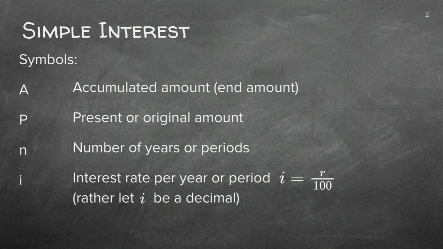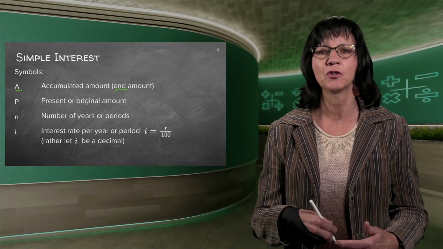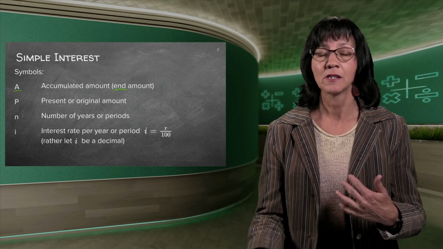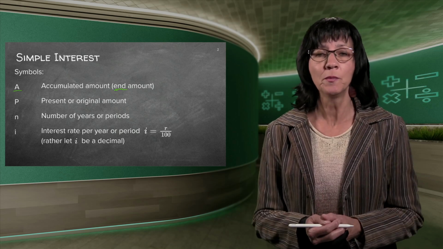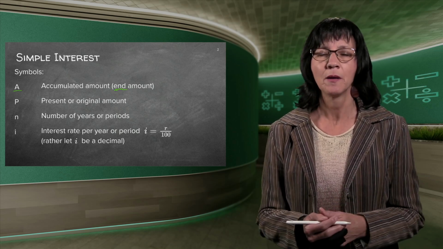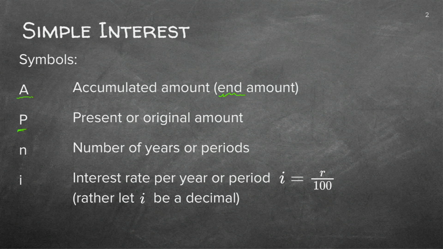So if we read through it, it's very important here that you see A is the end amount. So whatever we do at the very end, we want to know the value of A. Now I remember it like this: A is the first letter of the alphabet, but it's quite the opposite. So you should look at the last, the end. So this is the only one that is a bit deurmekaar. You can also use the word accumulated, because A is for accumulated, but you must just remember it's always the end value.